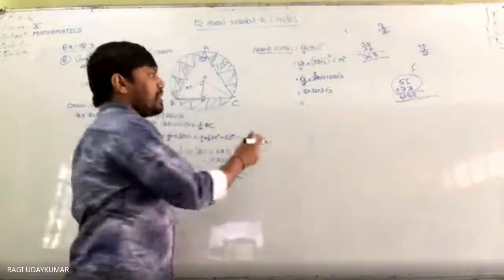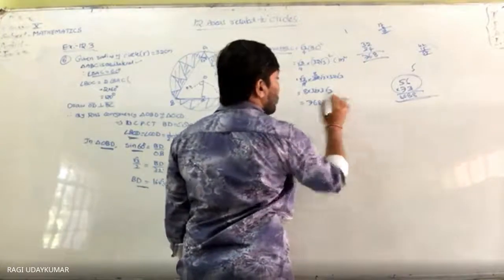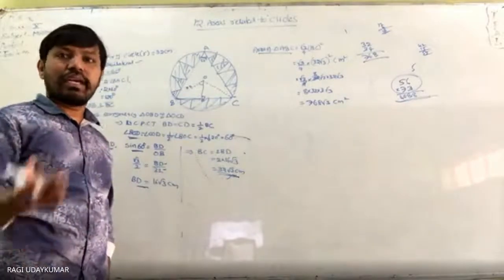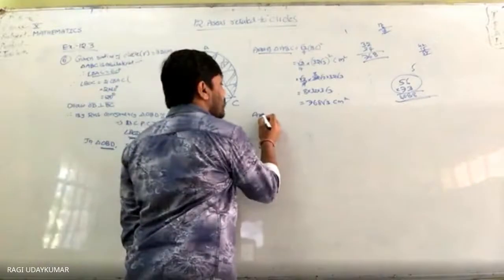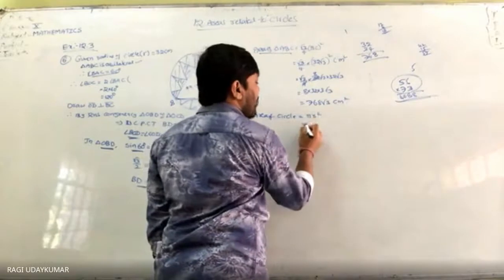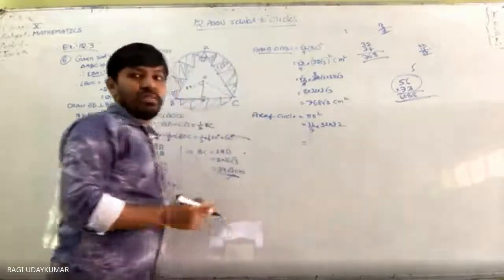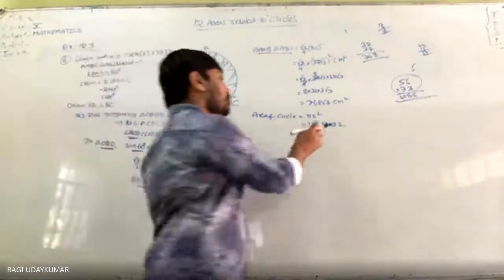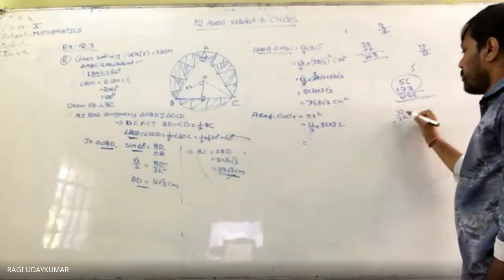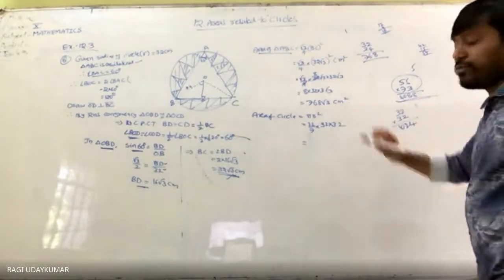Did you understand? So two-digit multiplication, what do you get? 768 root 3 centimeter square is the area of the triangle. And find out the area of the circle. Area of the circle is equal to pi r square, pi value is 22/7 and r value is 32. Here only multiplication again. 32 square is to be found and multiplied by 22. So 32 into 32: 2 2s are 4, 6 6 12, 1 9 10, 1024.